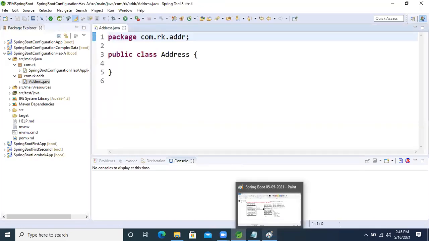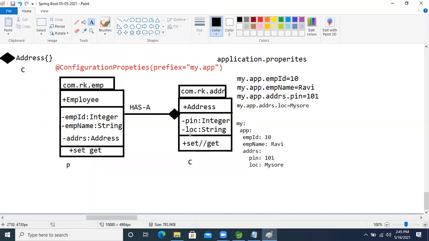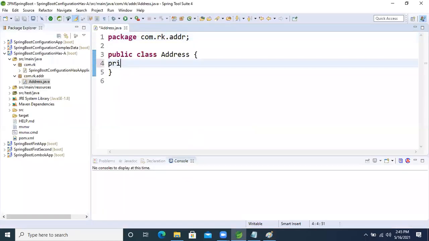Okay, fine now, guys. So come here. Pin and location are both private type, right? Inside that, what we will do now? Private Integer pin, right?